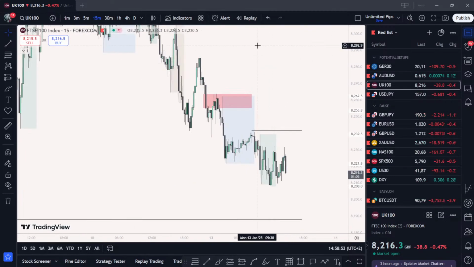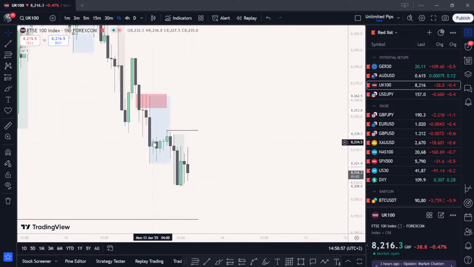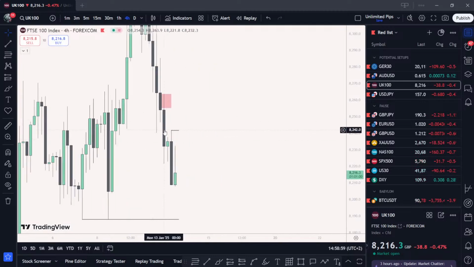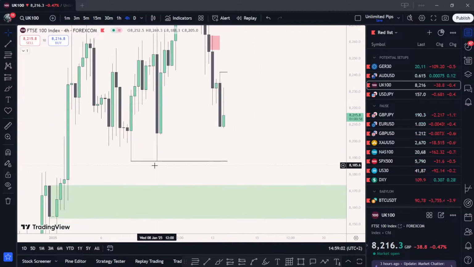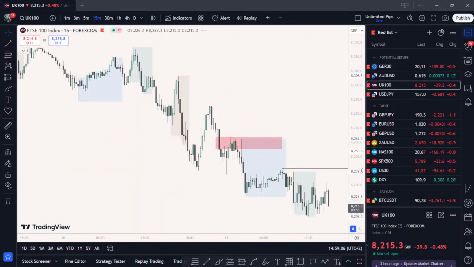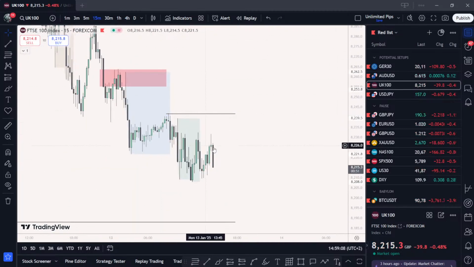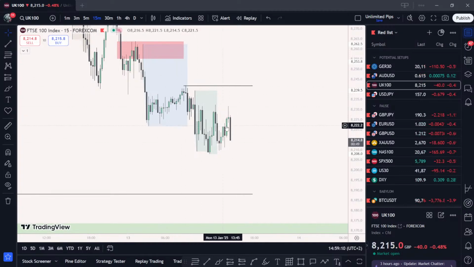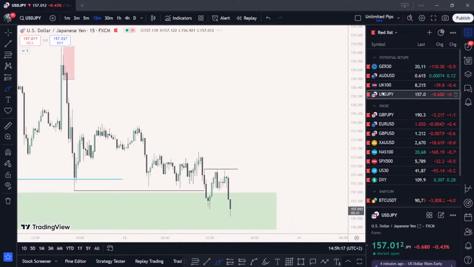UK, not really that interested. I think we're gonna go lower from here pretty much because we already rebalanced. We had a really good rebalance here. During London, we rebalanced this 4-hour FVG and we're most likely gonna go for those equal lows, right? So the only setup I can trade here is if we come back above, and from here maybe get some shorts, but I don't necessarily think that's gonna happen, right?